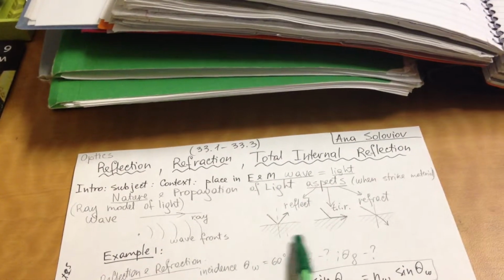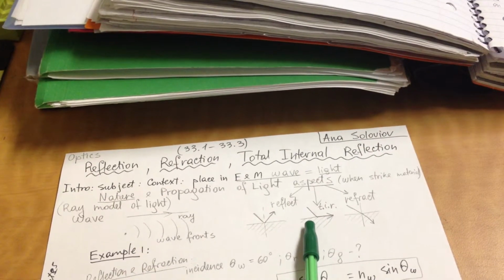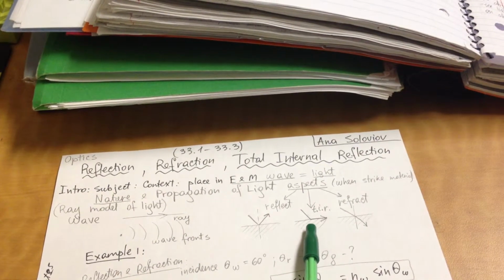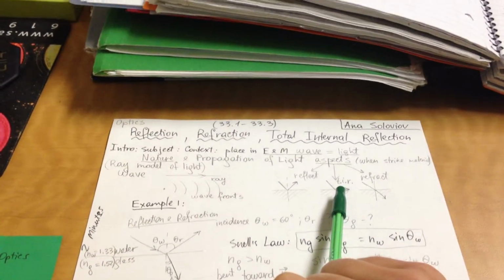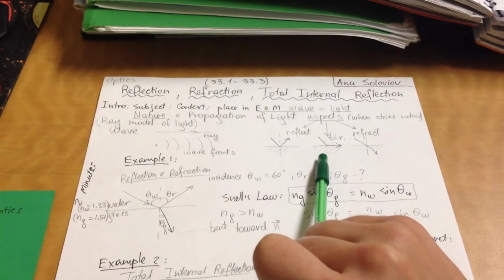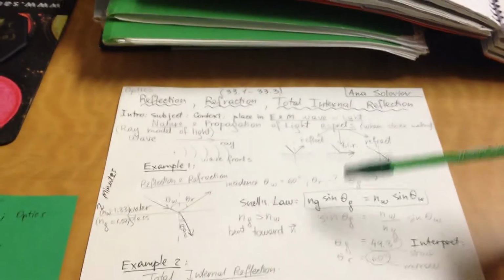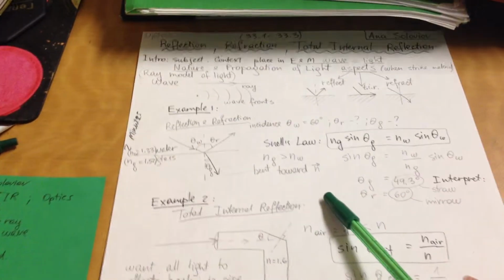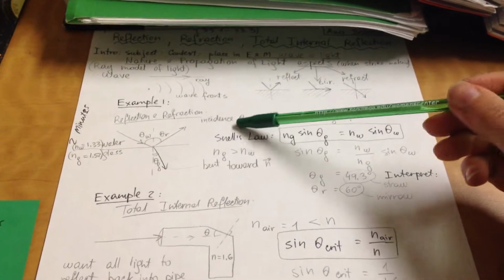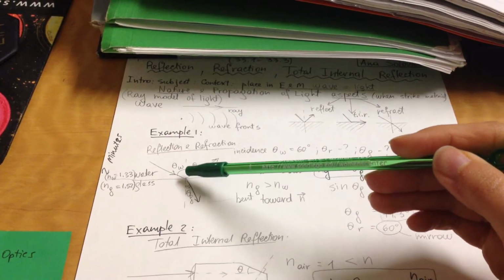So one of each of these three cases of light striking material, and specifically a smooth interface between two optical materials, so like glass usually. So my example number one is very straightforward, using Snell's law, where the angle of